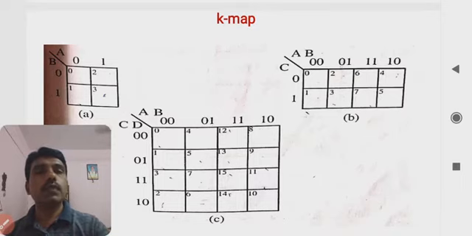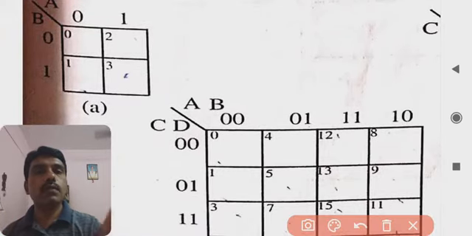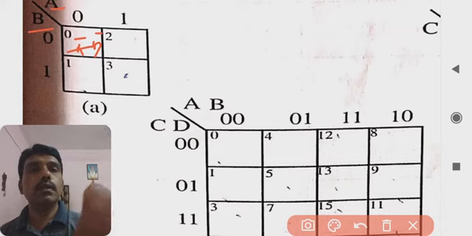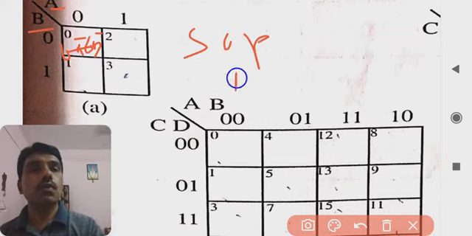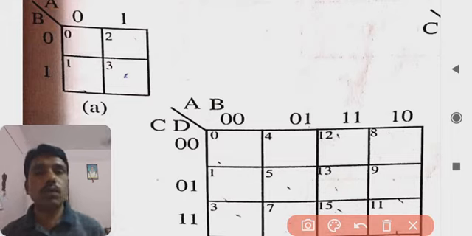For 2 variables, this can be represented using 4 cells, say A and B, 2 variables, and that can be expressed with these cells. If it is A complement B complement, then it is 0 0, because for the SOP form we know that complemented is 0 and uncomplemented is always 1. So for expressing the SOP form expression in the K map, we have to use this